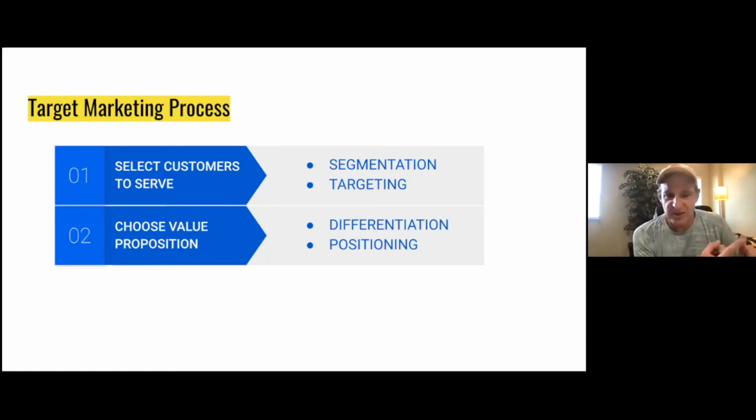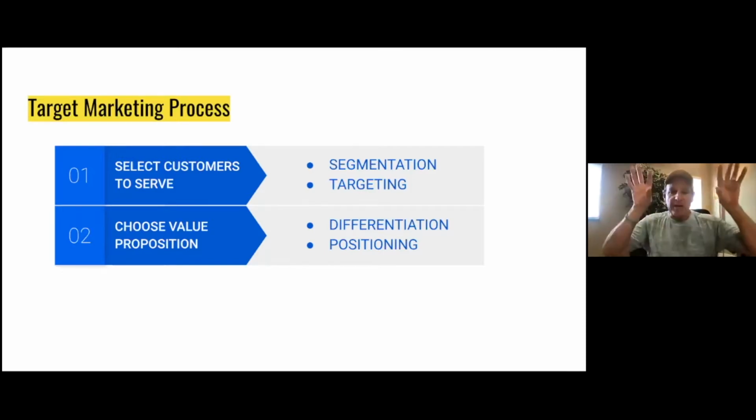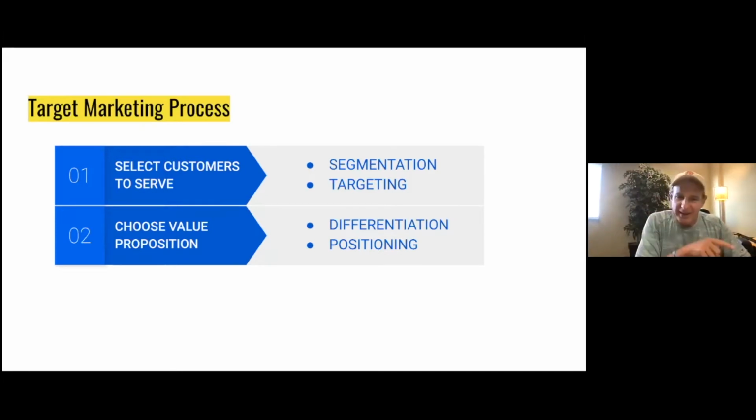The first thing that you do is you take your market and you break it up into segments. And we're going to talk about those segments. In fact, you took a poll on them, but you break your market up into segments first, and you get down to the nitty-gritty. Then you select which segment you're going to target first and second and third, but you actually eliminate most of the segments and you focus on a few.